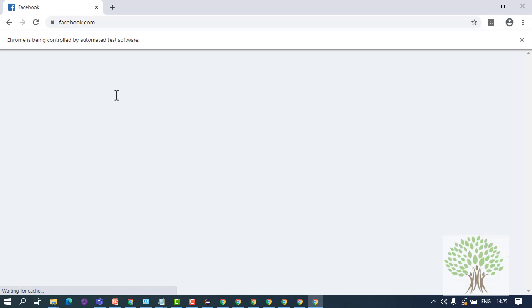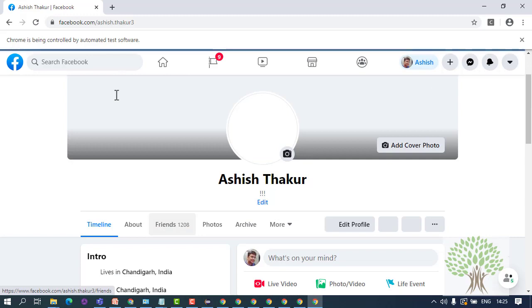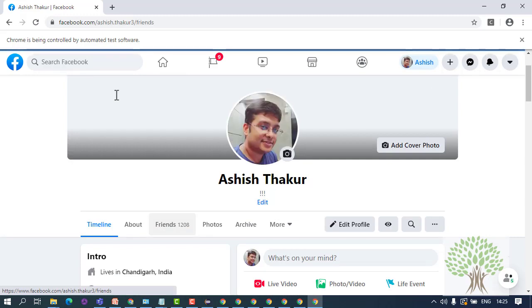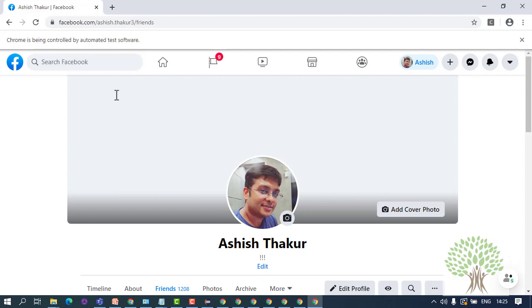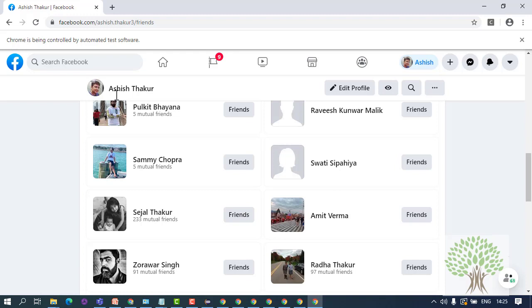Yeah, it's logging into Facebook, and you see that it reaches the friends page. It's scrolled a little bit, and if you look at the output over here,